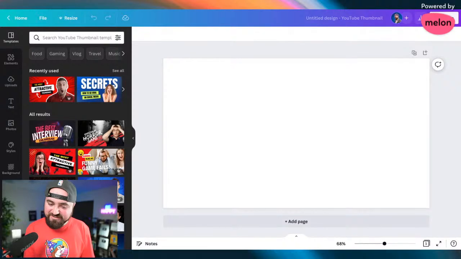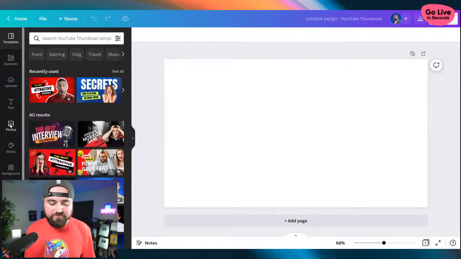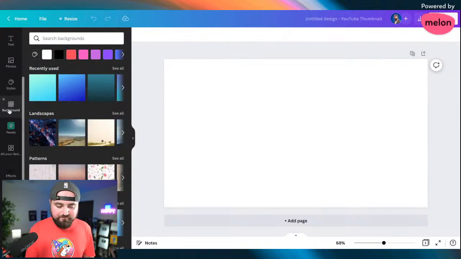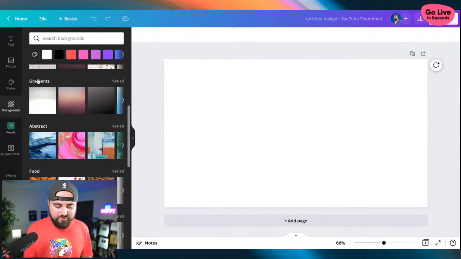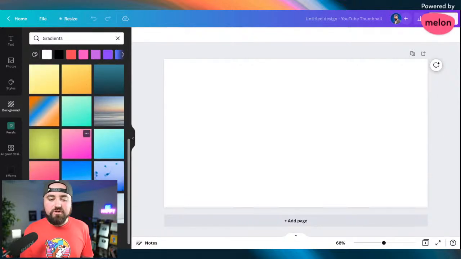But let's get into this, guys. So, blank canvas. What are we going to do? How do we make this? First place I'm going to start is I'm going to scroll down to background here, and then I'm going to go to the gradients. I'm trying to make sure, even though I'm on screen, that I'm showing you guys. So I go to gradients, and I'll start scrolling through these because oftentimes what I find, and you'll